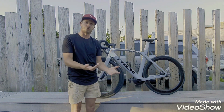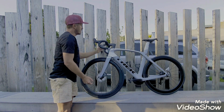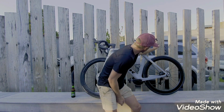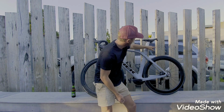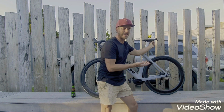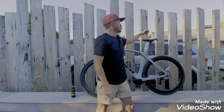Trek and Bontrager are awesome with all their light mounts. Up the front here, I've got a nice little Garmin mount, and a nice little attachment at the bottom where I can pop on my front light. They even go to the extremes of changing the position at the back. It used to be here where you had your light for the back. It comes with a light that clips onto the rails of your saddle, which I didn't like because my saddlebag would hit it and it would actually fall off. Then they brought out another light which actually screws to the back of this beautiful new